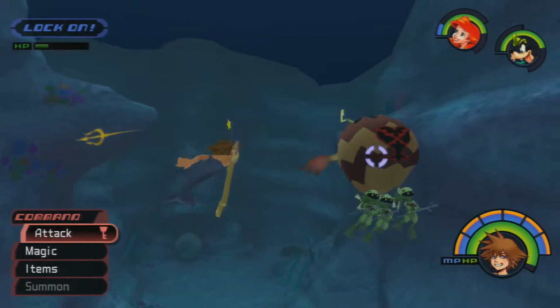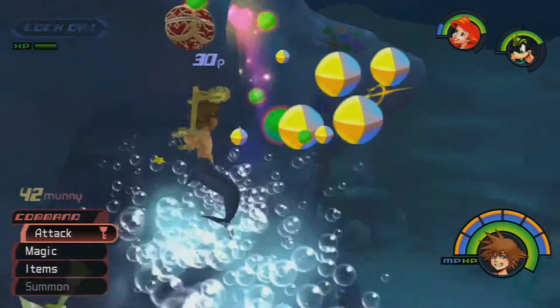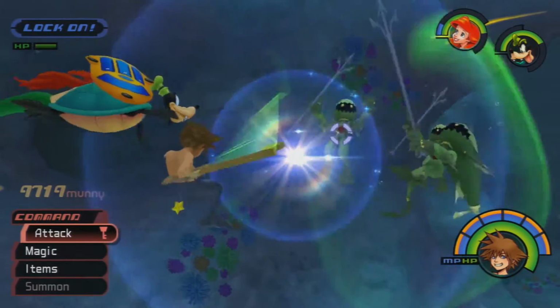If anything, we might... Wait, we got... Oh, that's right. We have Sebastian with us now. So you know what that means. That means we have to go back to the sunken ship. Ah, that makes sense. Alright, well, see...